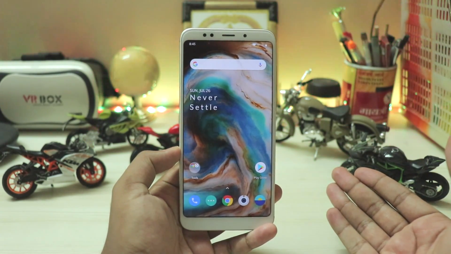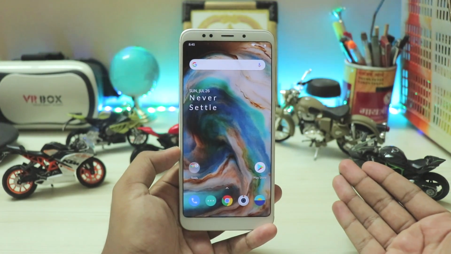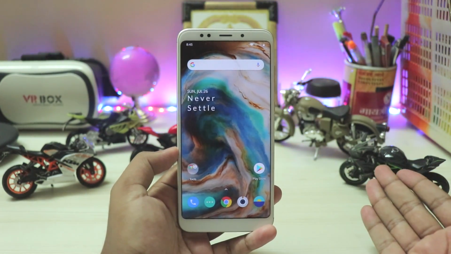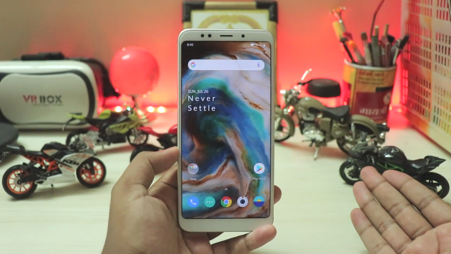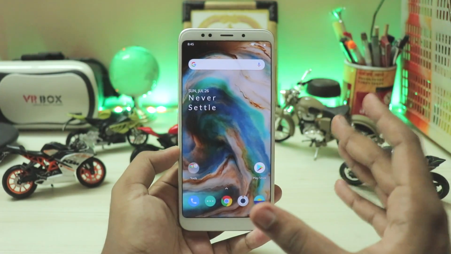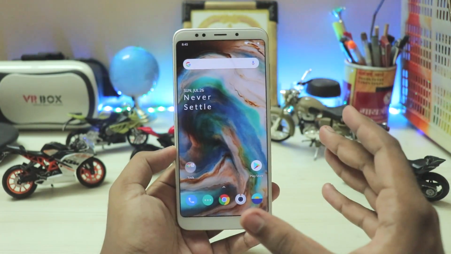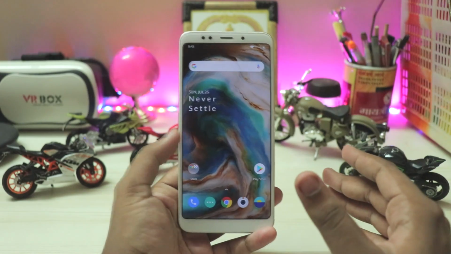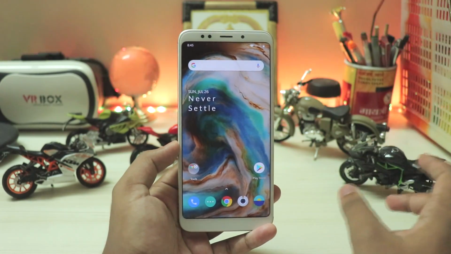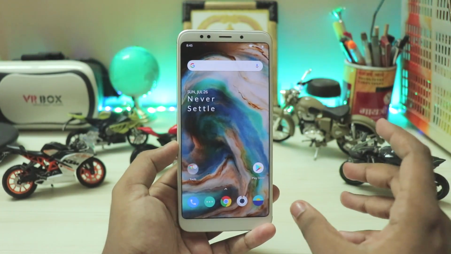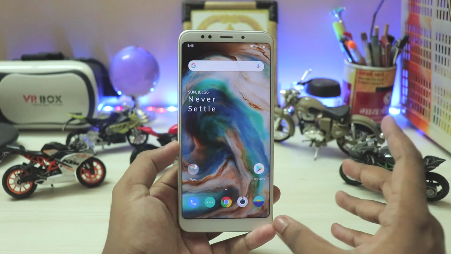So in my previous video, it was the Open Beta 15 of the OnePlus 7, I guess, which has much more features, but then again that was just a test build. So again, it was actually based on the beta and it had more bugs, but now here it's pretty much daily driver usable, and the base over here is the OnePlus 7's Oxygen OS 10.3.2 stable. So again, stability is much more focused right over here.